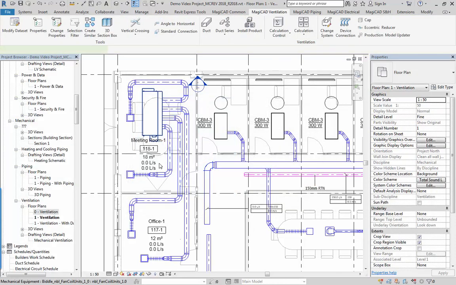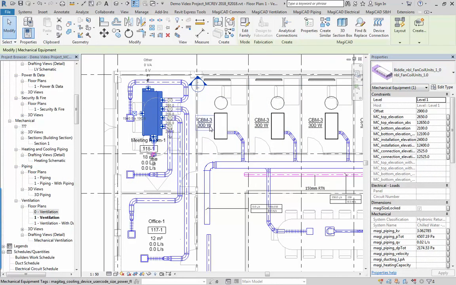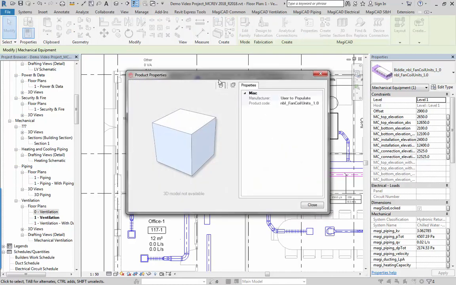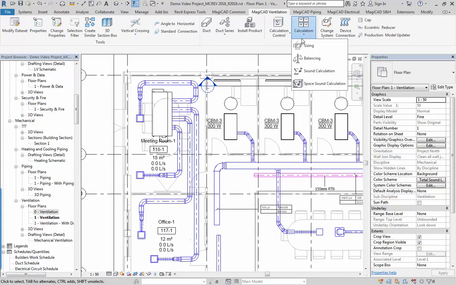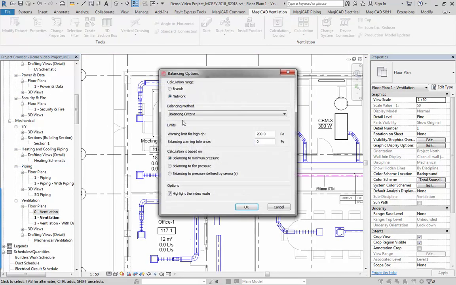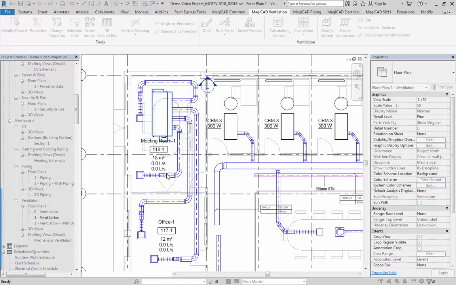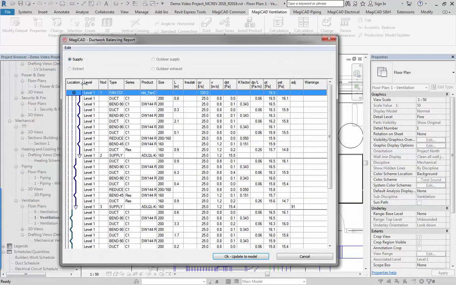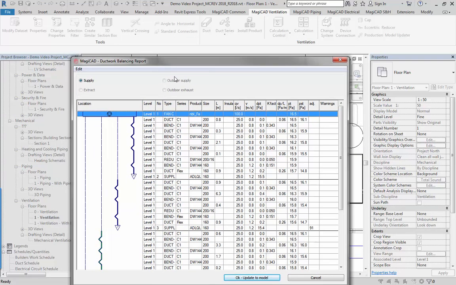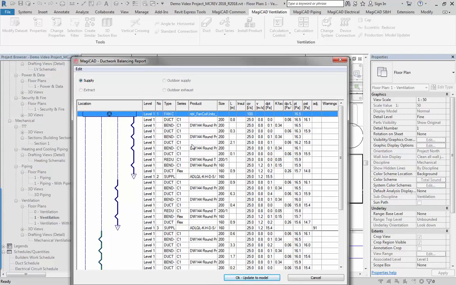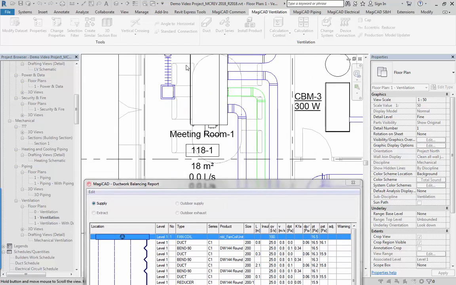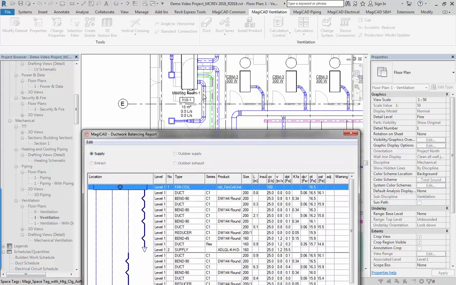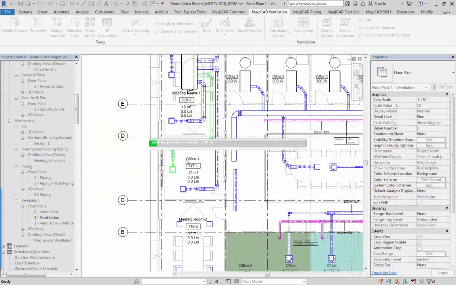In here you can see the MagiCAD product has associated dynamic data with it. Here's a family I downloaded from the internet, just another fan coil unit. If we go to properties, obviously it doesn't have the dynamic data that MagiCAD products have, but nonetheless you can still design with it. If I go to calculation and balancing, and click on the fan coil unit that's connected to the grills, you can see MagiCAD still knows it's a fan coil unit. You can see it's a fan coil in the type here as well, and it puts the index run down to here, and it does a pressure drop calculation should you wish,